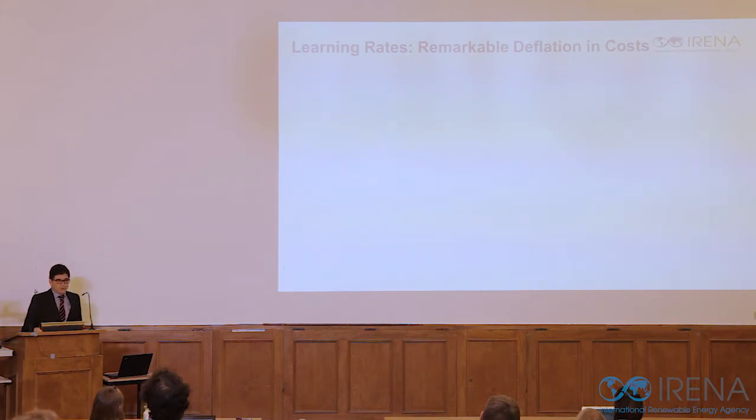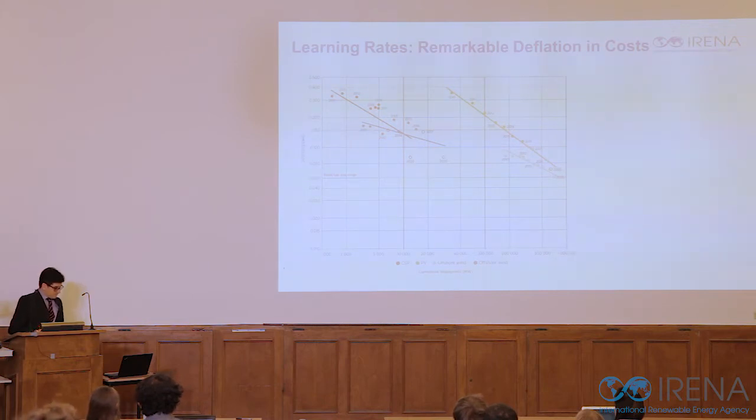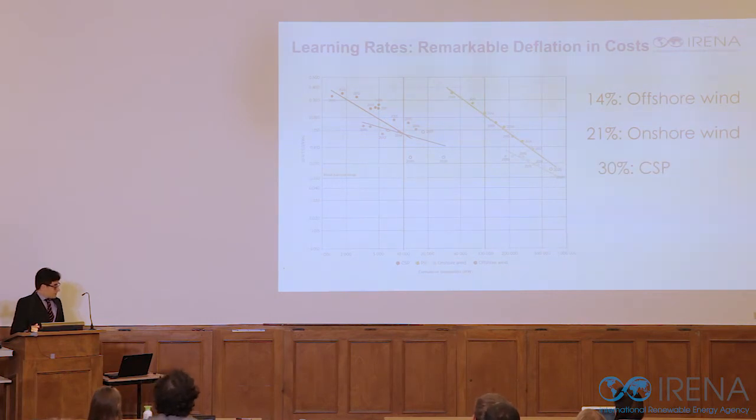So, as I mentioned before, we do as well try to do a little bit of analysis on the learning rates. So this is a typical concept that has been used in the industry for some years about how costs can evolve with increasing deployment. So the learning rate is defined as the cost reduction with every doubling of the cumulative capacity of the technology. You will see here some estimates for CSP, for the 2 solar and 2 wind technologies. For example, the offshore wind learning curve we estimated at 14%, onshore a little bit higher at 21%. CSP, you can see here,